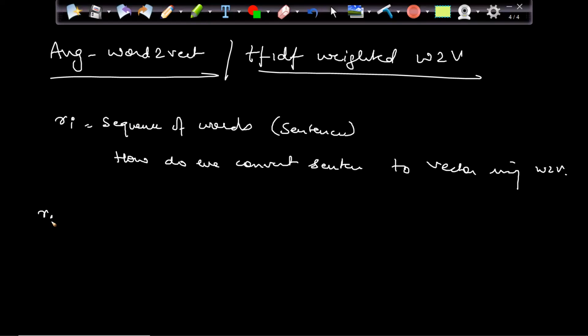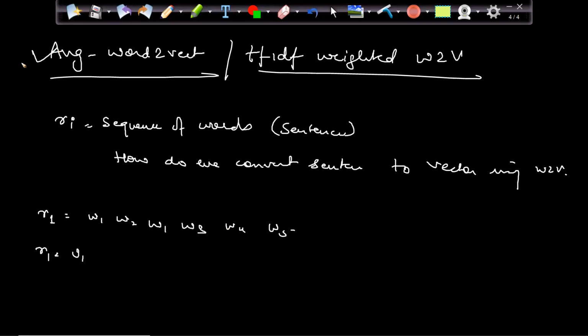For example, let's say I have a review R1, which consists of word 1, word 2, word 1, word 3, word 4, word 5. These are the words I have in my sentence. So from R1, I have to generate one vector V1. Right? I will generate one vector V1 using Word2Vec, where 6 words are there with me. So first of all, I will convert this word to a vector, I will convert this word to a vector, and so on.